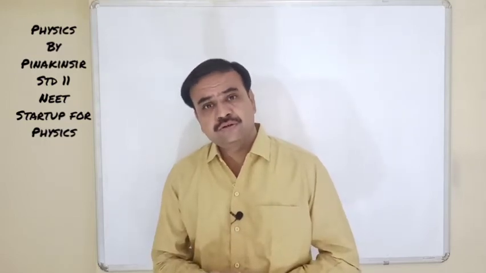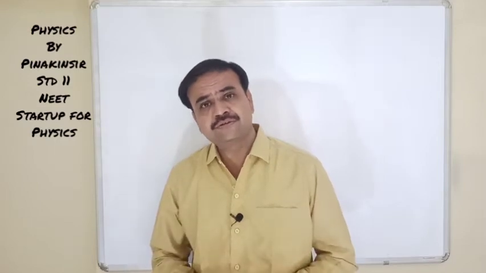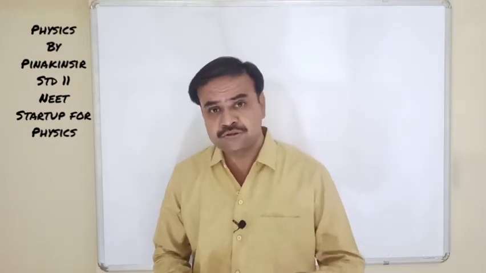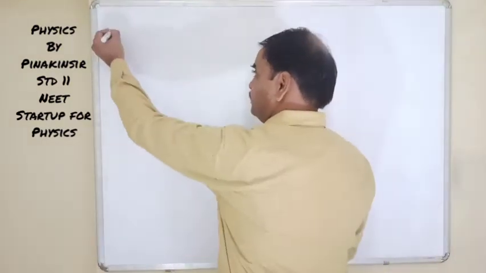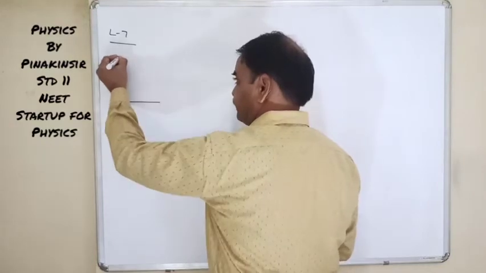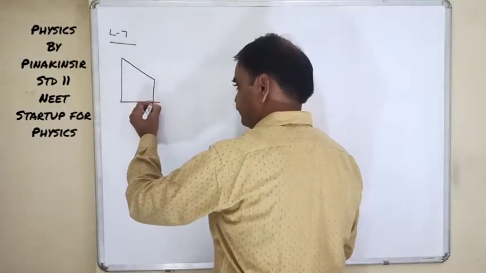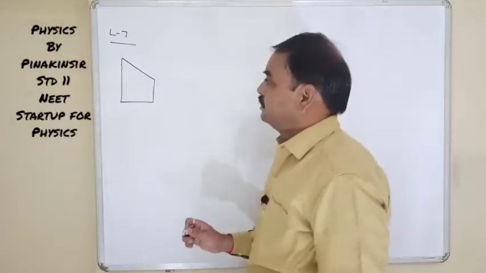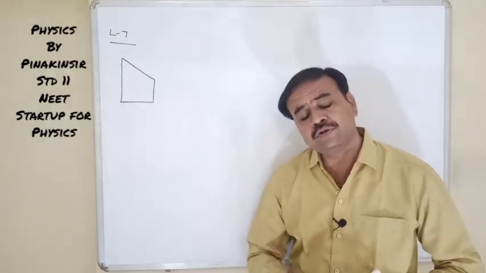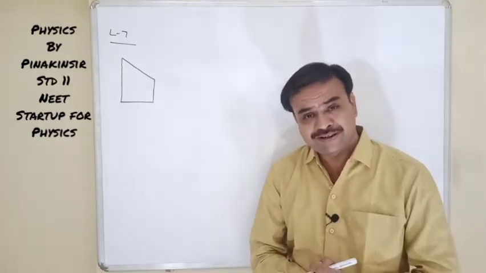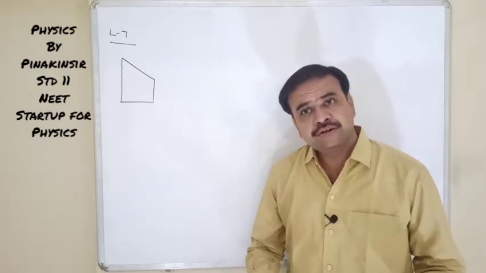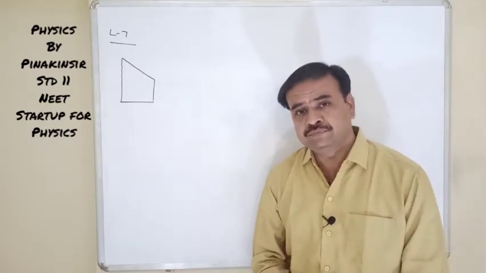To understand this term differentiation, let us take a simple situation in which the logic of that concept is used. Suppose we are having a typical shape, such type of shape is given, and suppose we are asked to find the area of that particular shape. It's nothing but a trapezium. The formula was there in lower standard to get the area of this shape, but let us assume that we forgot that formula. Then what to do?